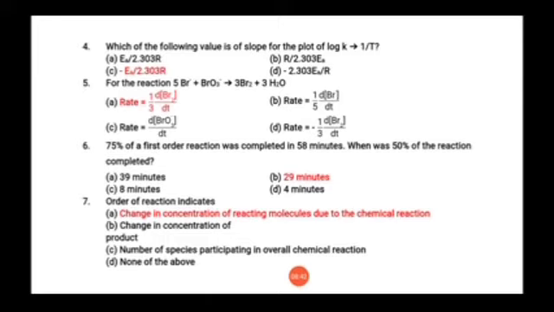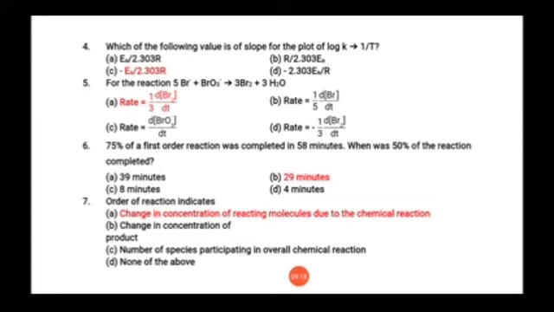Now students, we know that whenever we are writing rate, the moles present must be written in the denominator, and whenever you are writing reactants, you must write a negative sign, and whenever you are writing products, you must write a positive sign. So here the most probable answer is A, that is rate is equal to 1 upon 3 d[Br2] by dt, because in products 3 moles are there, so it is written in the denominator, and it is a product, so that's why positive.